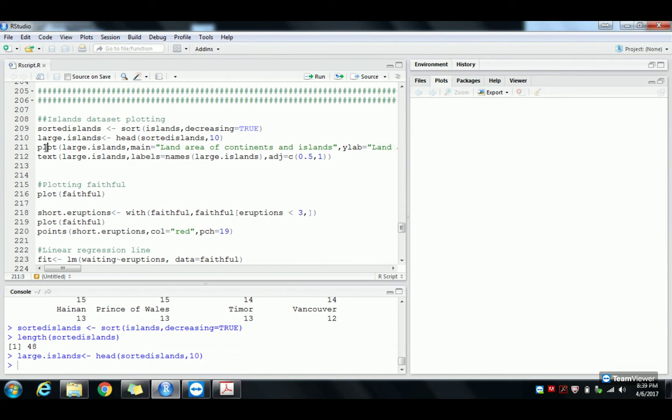So plot, we have looked at box plot, we have looked at bar plot. All these functions are pretty much inbuilt in R. And later on, we'll look at the other package, the lattice package. So if you use plot and use the head, the top 10 data,